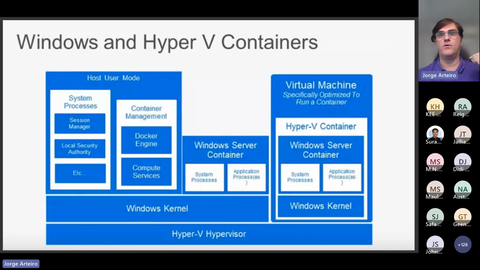Some customers asked for a second level of isolation that we call Hyper-V isolation. On the right, you can see Hyper-V containers here. Now on Windows, we have 2 different ways. We can do a normal kernel container, where we created the same features that exist in the Linux kernel on Windows. And you can also run inside a virtual machine.